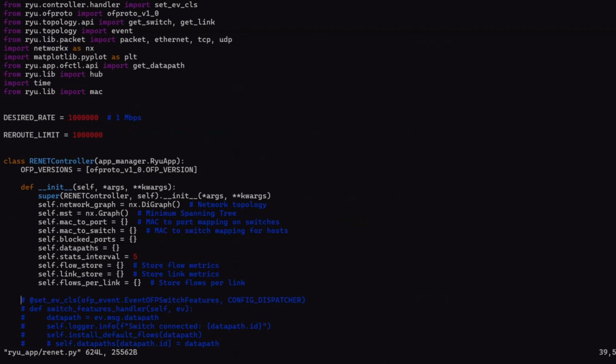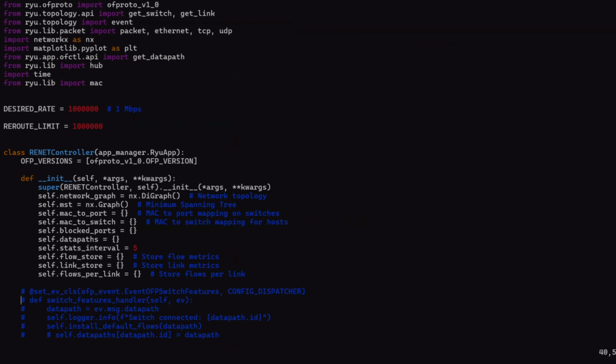We also have the desired rate hard-coded, as we stated before, because the paper didn't tell us exactly how desired rate should be calculated. Then we have our initialization of the RENET controller,